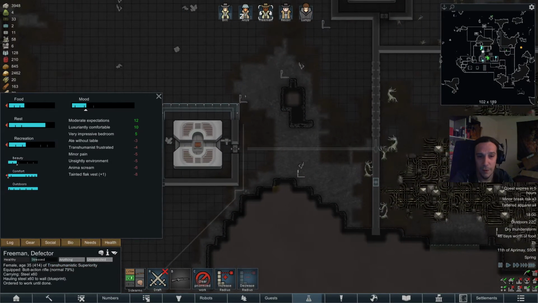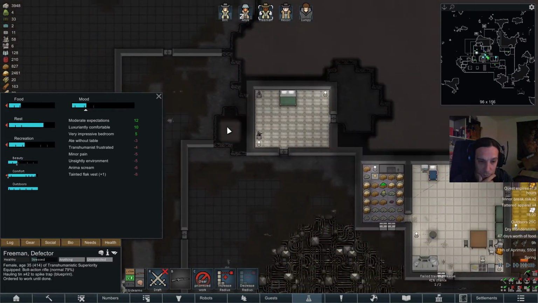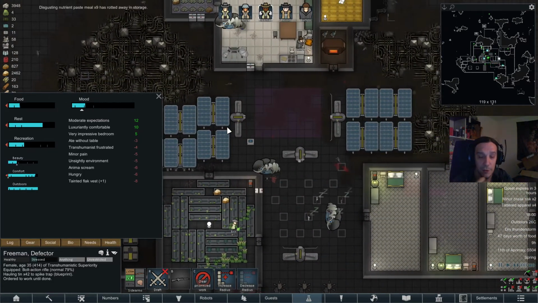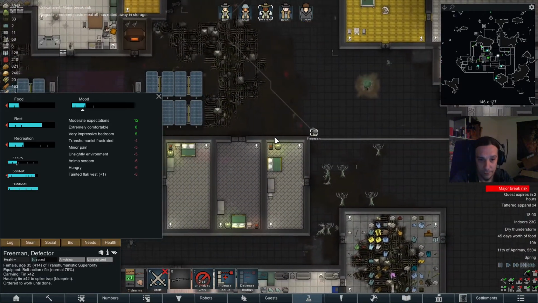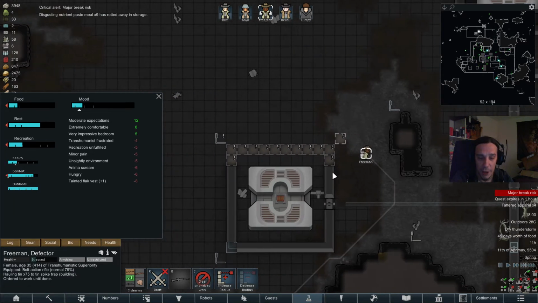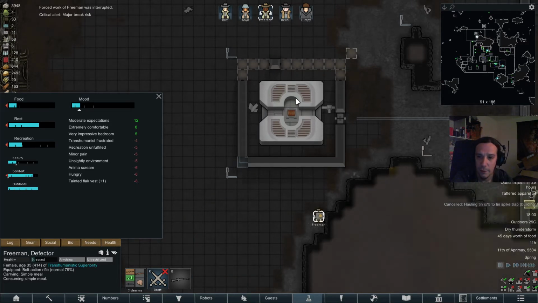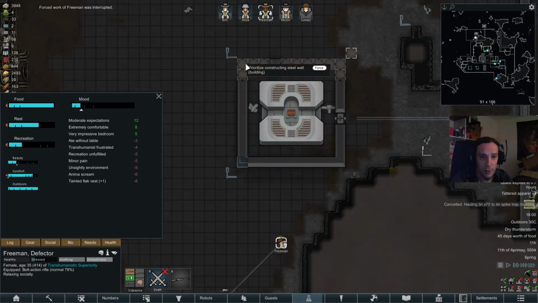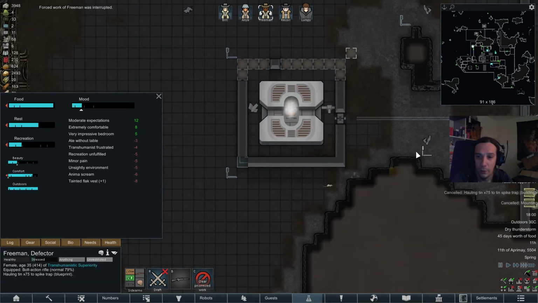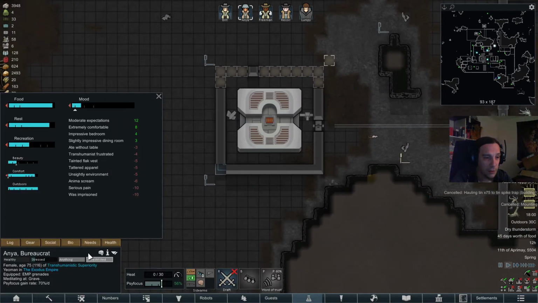Freeman, you gotta finish this thing here. I want that reactor housing, generator housing, finished, because raiders love to bash generators if you let them. So no interest in that. Freeman, come on, you do that now. Oh, she's just two 10s now. Alright, Anya, are you better? Yes. So let's...